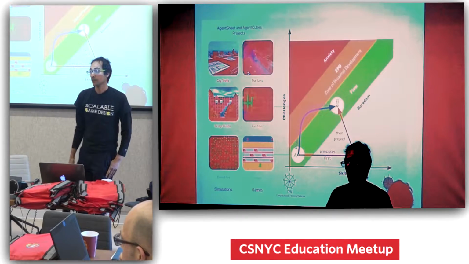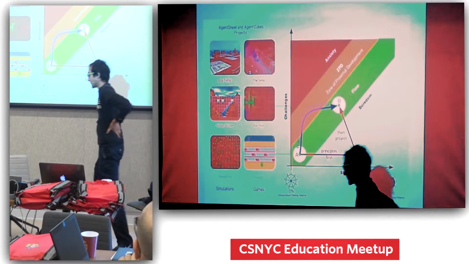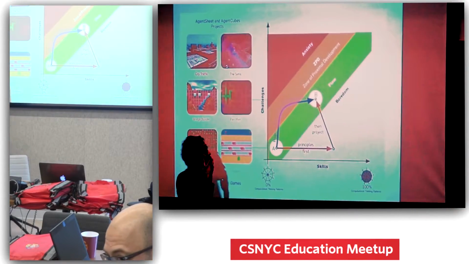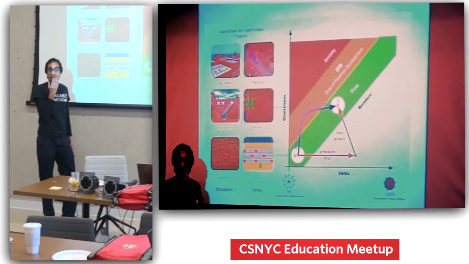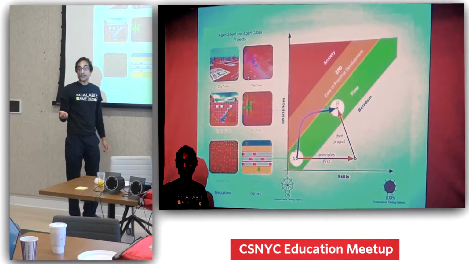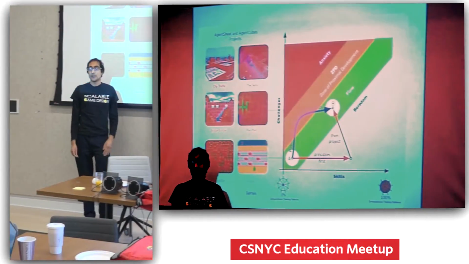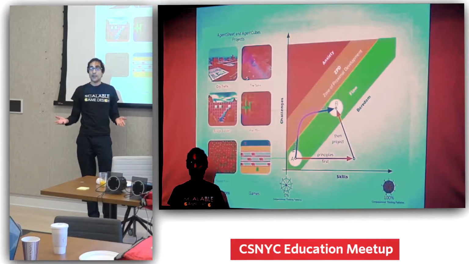Yeah? When you talk about flow, does that mean it's easy? I'm thinking of it as a scale: anxiety on one end, easy, and then boredom. Can you explain a little bit more about what flow means? So if the challenge is easy, you're in a state of boredom. That's what Csikszentmihalyi says. So if I'm playing my little cousin in chess, I might be in a state of